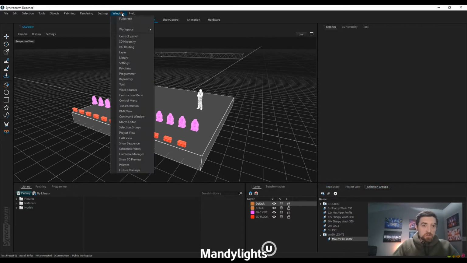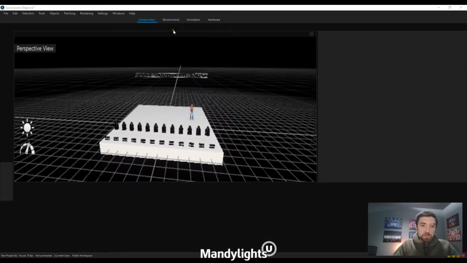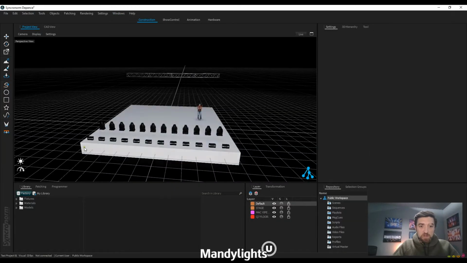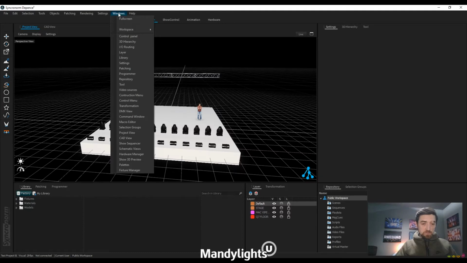So if I went up to Windows and I went to Workspaces, and if I just went back to defaults, as in reset to defaults, then it would go back to how the windows are laid out in the original format. So what I tend to do is in the Windows option from the top drop down